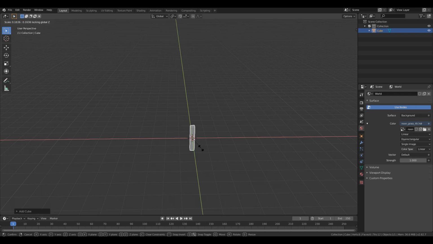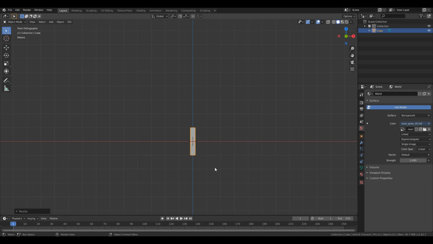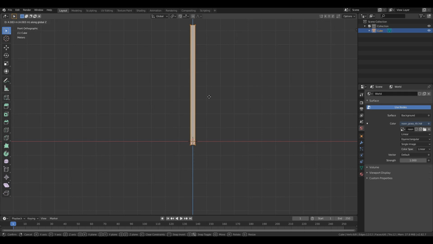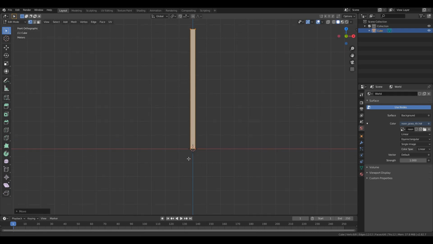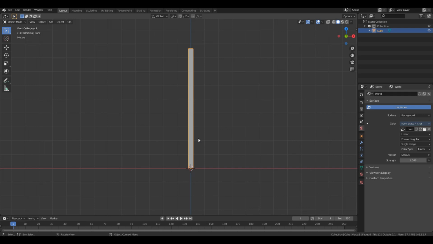So I will scale around here, press 1 on the numpad to go to front view, S to scale on the Z axis, and I will scale around here. So G and Z to move the object. Actually, let's go back. I will press tab to go in edit mode, G and Z, and move the origin point somewhere to the bottom of this pole. Press tab to go back to the object mode,